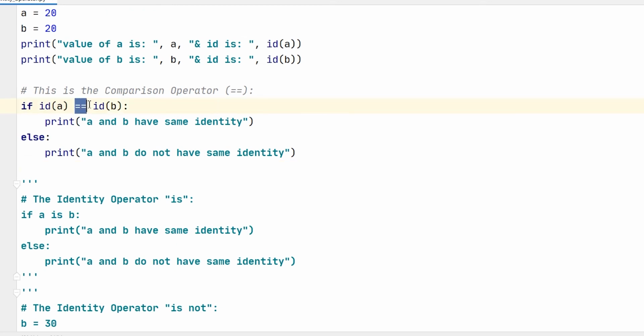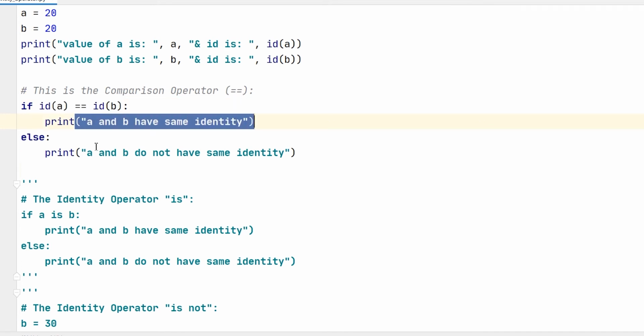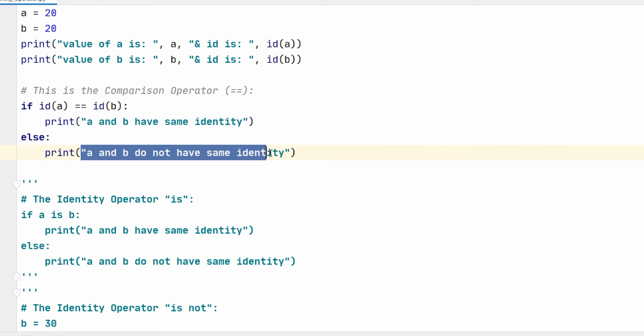I have written id of a is equal to id of b. I have used the if conditional statement. Here id of a and id of b will be checked for identity with the help of the comparison operator, which is the equal operator. So if id of a is equal to id of b, then it will print a and b have the same identity. Otherwise, it will print a and b do not have the same identity.